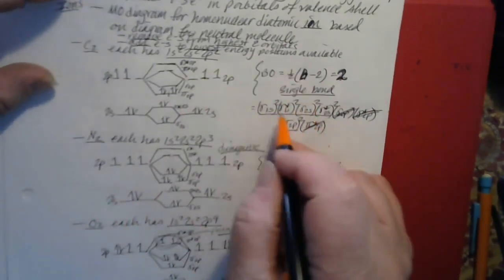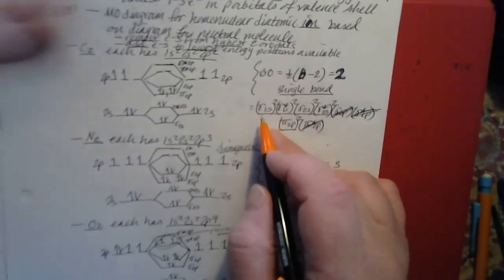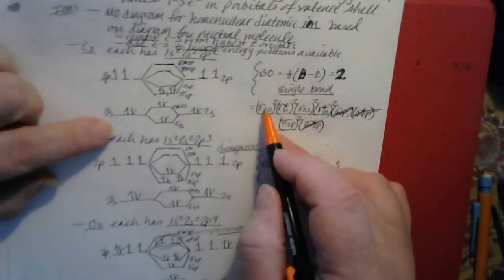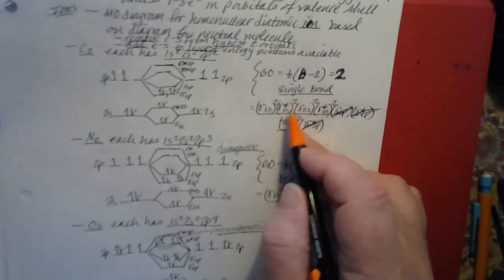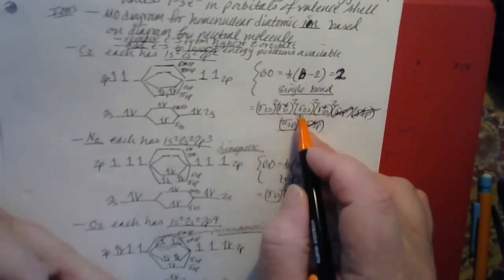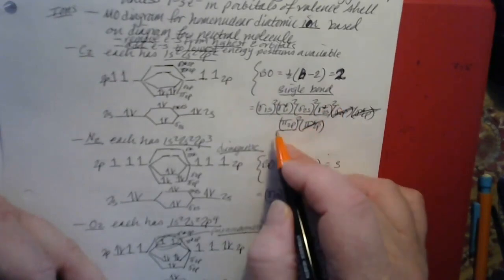Okay, almost missed out on that one. The electron configuration for the molecular orbitals would be sigma 1s2, sigma star 1s2, if you want to include the core electrons. The valence shell would be sigma 2s2, sigma star 2s2,